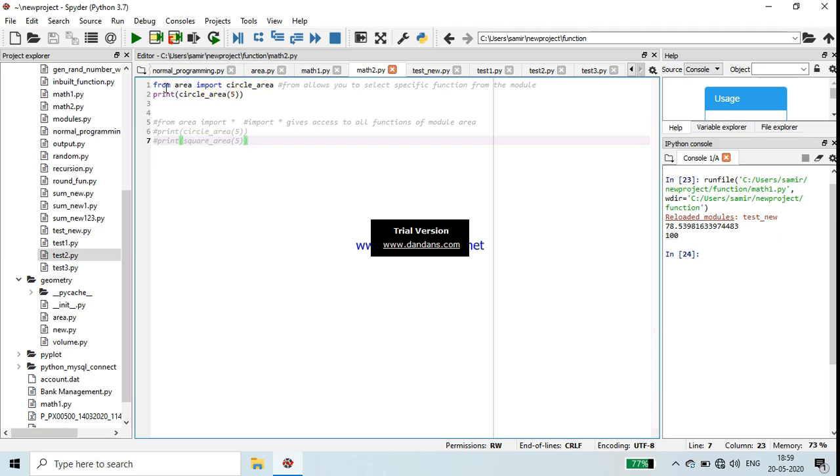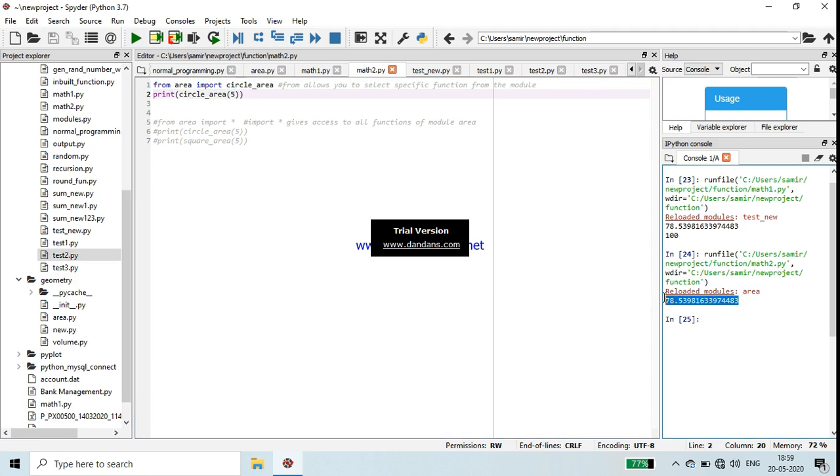Here I have written clearly, from allows you to select a specific function from the module. So you don't have to write area.circle_area, just simply write the function name circle_area. So it will give you the output. Run it. See, the output is coming.